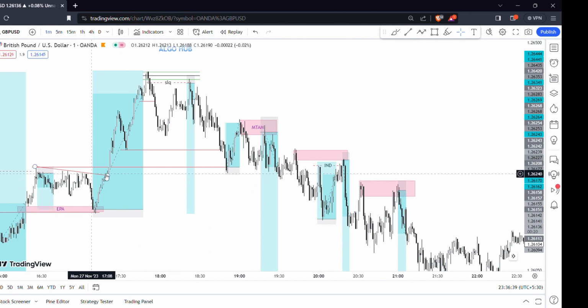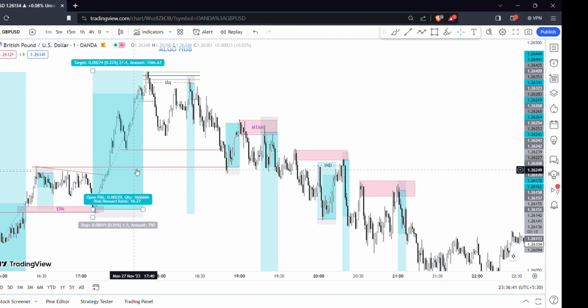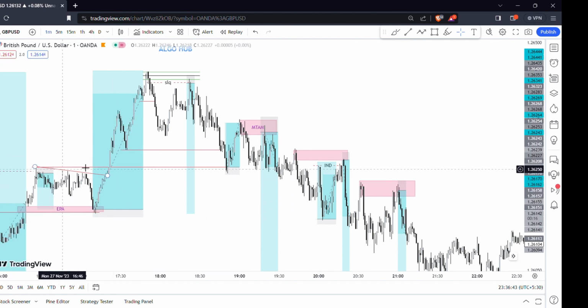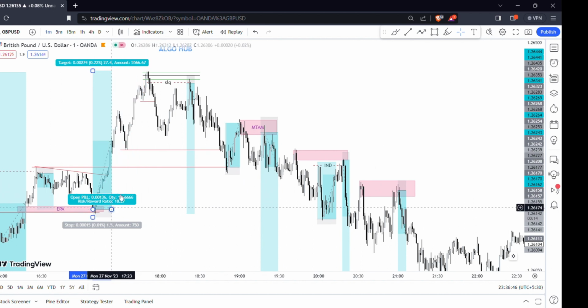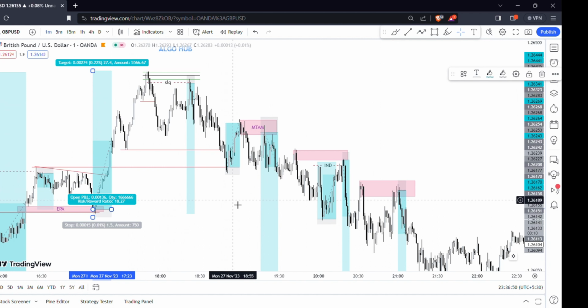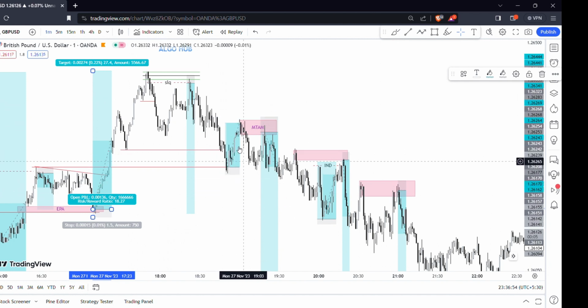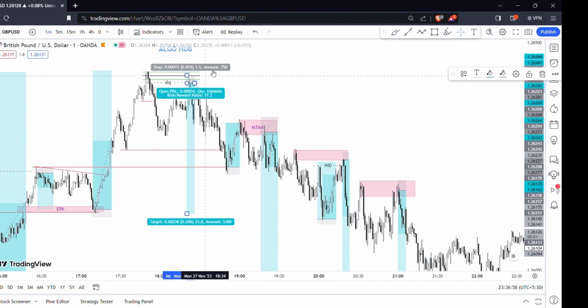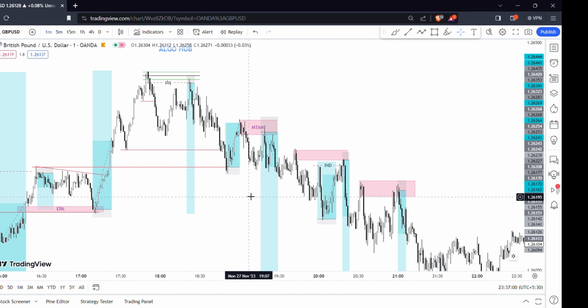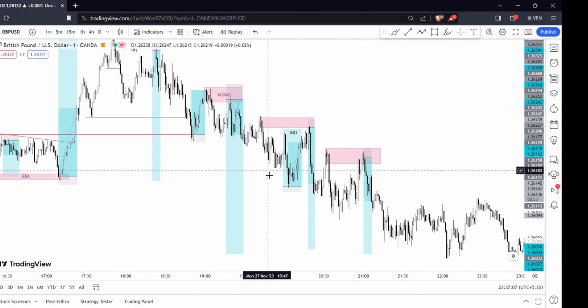So EPA, this is the efficient price action, because this zone is inefficient. Why? In this zone, the sellers got no chance to execute their orders, so the market will give a chance for the sellers. That's why I took this buy, and my first target here is the order block, because I know high time frame wise the market is heavily bearish. That's why I sold again here at the mitigation of the order block. Liquidity got taken out, mitigation, order block.